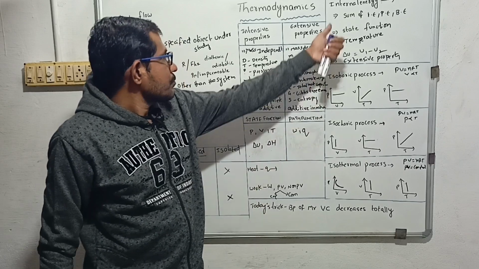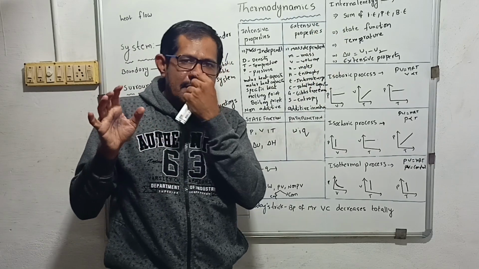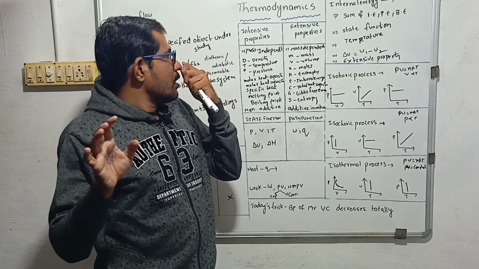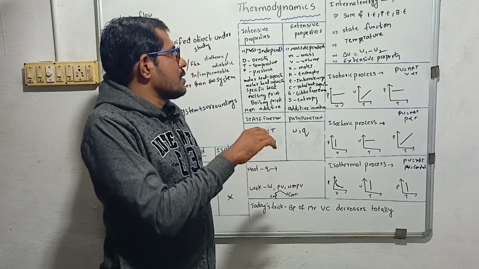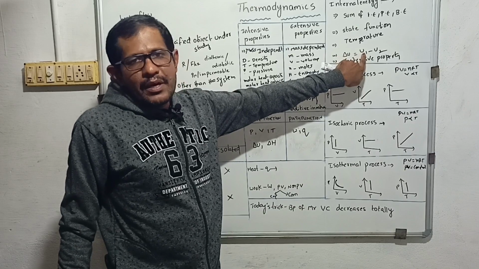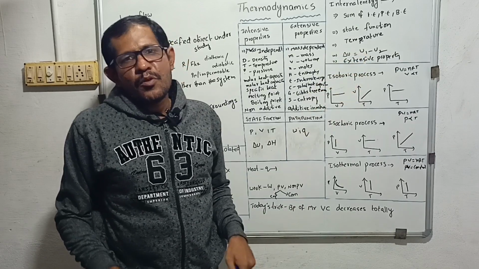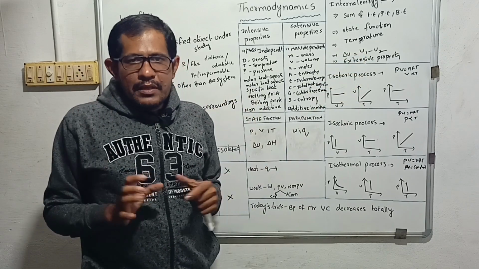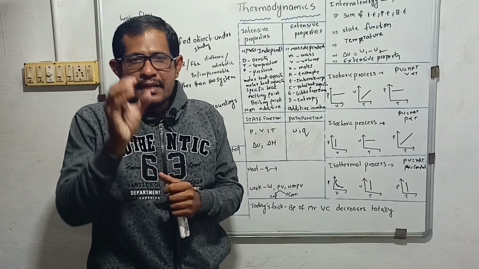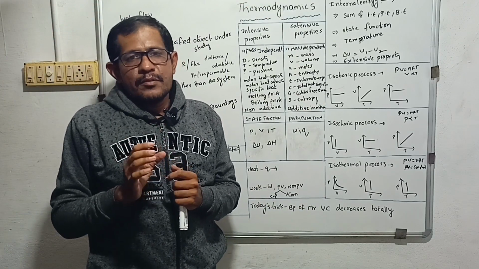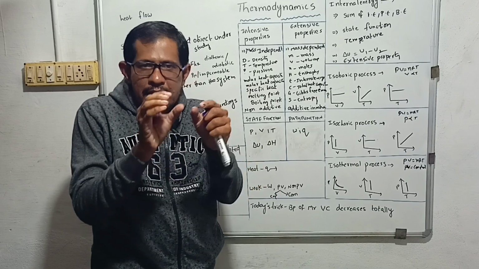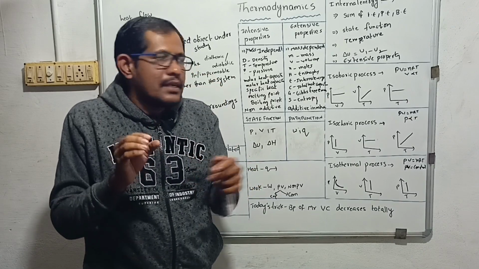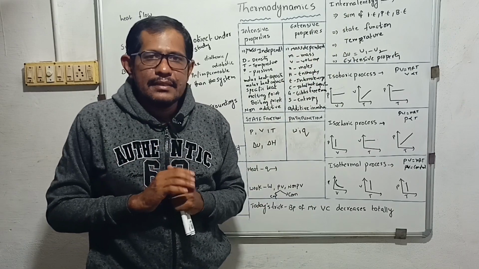Okay. Now, internal energy is the sum of all kinds of energy, right? Kinetic energy, potential energy, and bond energy. It is a state function. It depends on temperature. It's a state function, that's why we write U1 minus U2. So it is an extensive property. That means a big substance has higher internal energy than a small substance. A big substance has high potential energy, a small substance has low potential energy. That potential energy also is part of the internal energy, right?